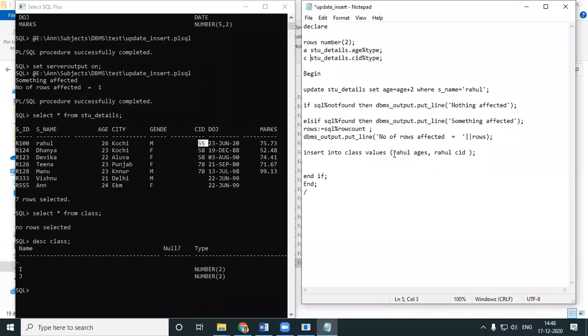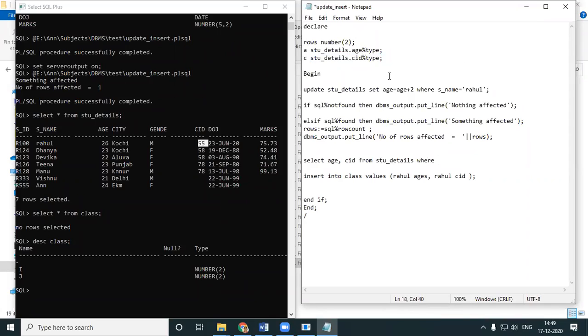Okay. Now, what do I have to insert over here? I have to insert actually this A and C. But as you all know, you need to get the values of A and C. So we'll be using the select query. Select age, comma, CID from STU_details, where F name is equal to Rahul.